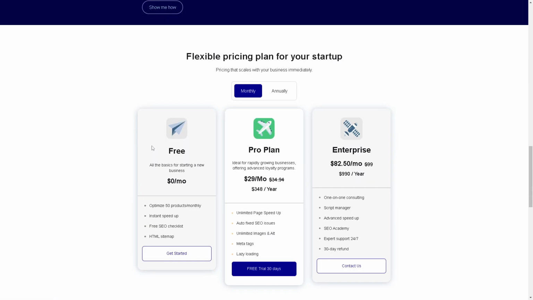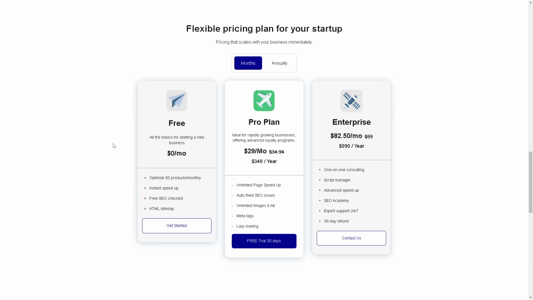And this is the transparent, very honest, competitive, flexible pricing plan for your startup. Now, if you wanted to dive more into the one-click speed and score booster and advanced SEO analytics and automated meta title and description plus broken link detection, you might want to go for the free plan. All the basics for starting a new business. It's free, but you get